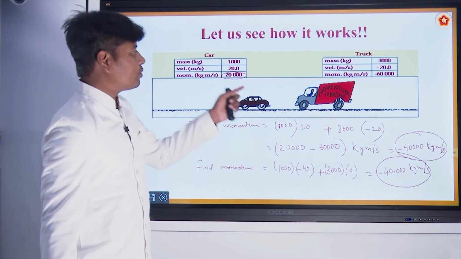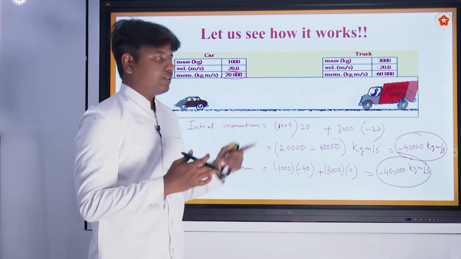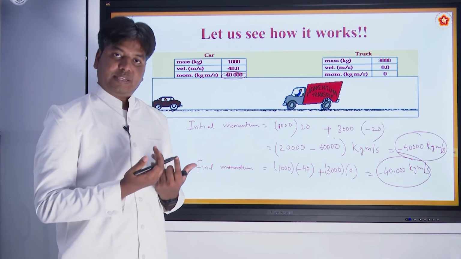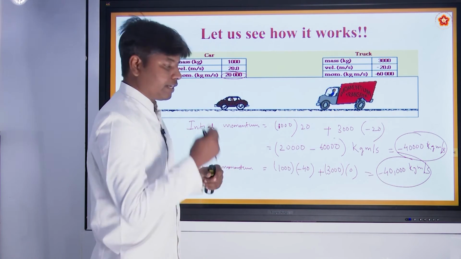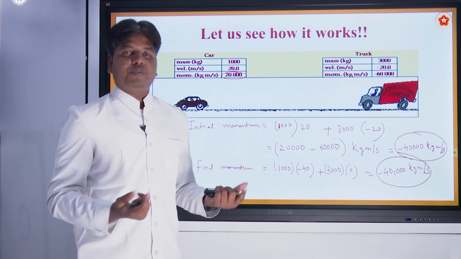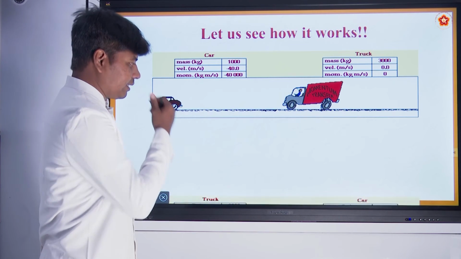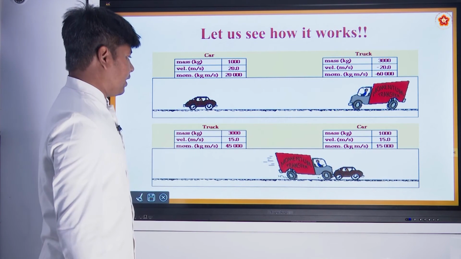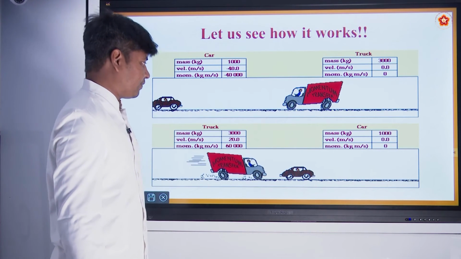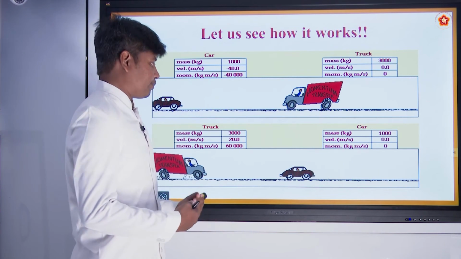Why? Because there is no external force acting on the system, nothing is coming in between. So, these two form a system and they redistribute the velocity among themselves. So, your final momentum after the collision is equal to the initial momentum before the collision. So, that's it about this problem. The second one is the problem I would suggest you to work out by yourselves, and you will get the habit of solving the problems